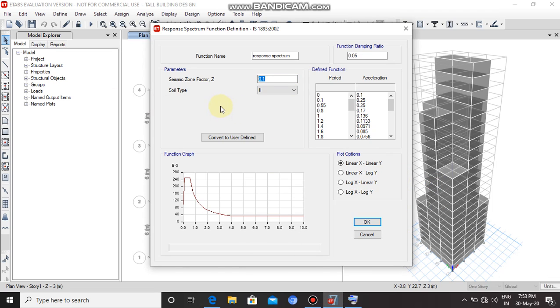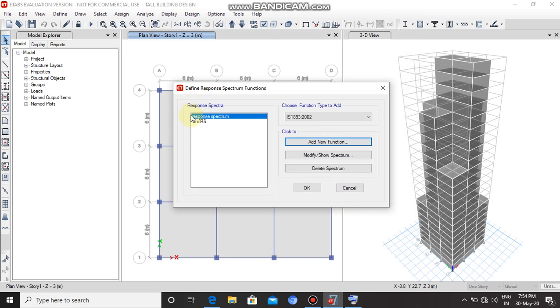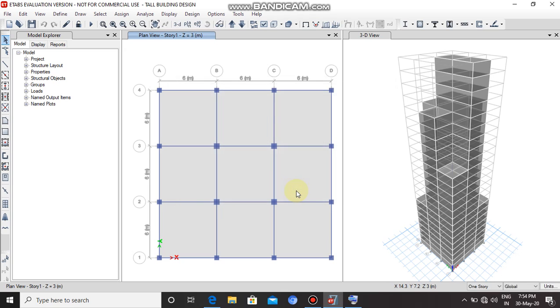The soil type is 2, as previously done, and then click on OK. Now the properties of the seismic response spectrum function are set and the function is defined. So click on OK to exit the window.